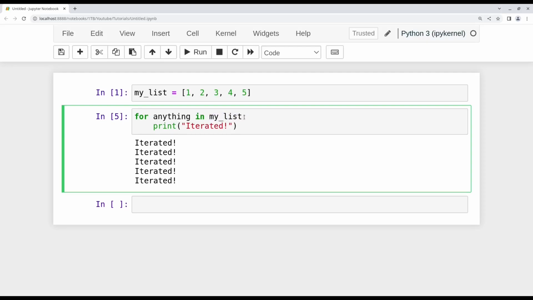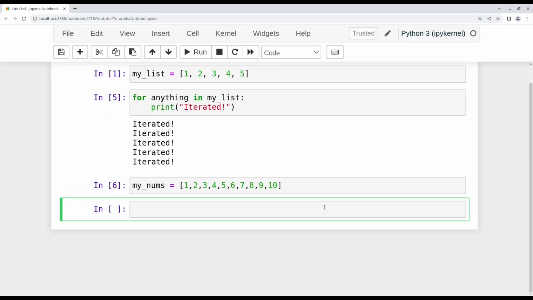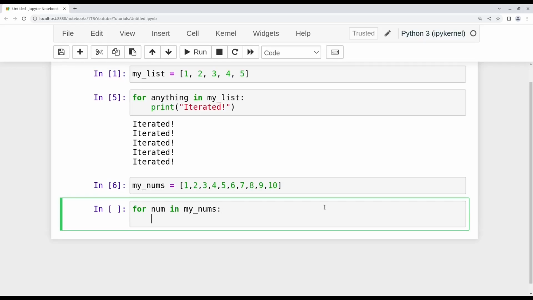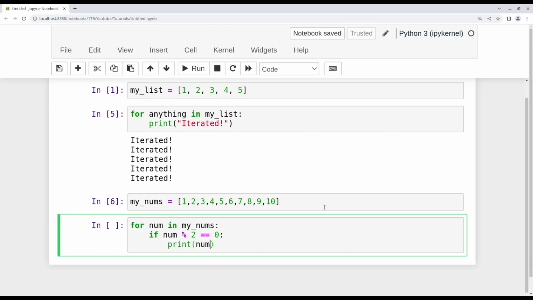Now let's use our knowledge of if, else and elif statements with for loops to print out even numbers from a list. So we'll start off by defining a variable with 10 elements inside it. Then say for num in my nums, and then say if num mod 2 equals 0, print num. Okay, so here I'm saying that for every number in my list called my nums,